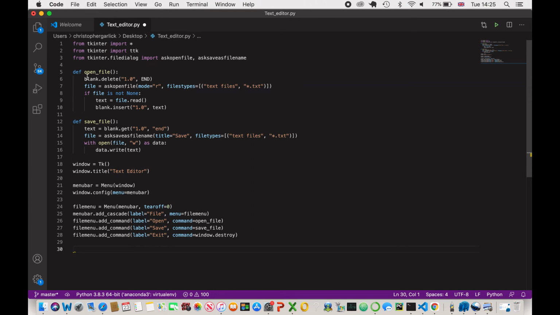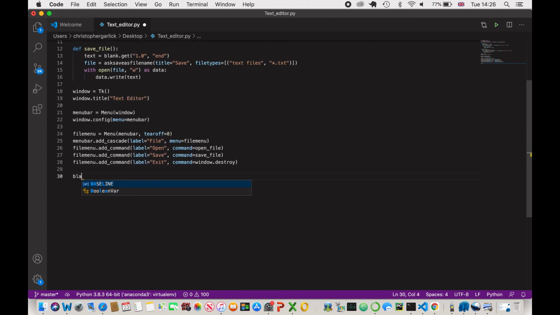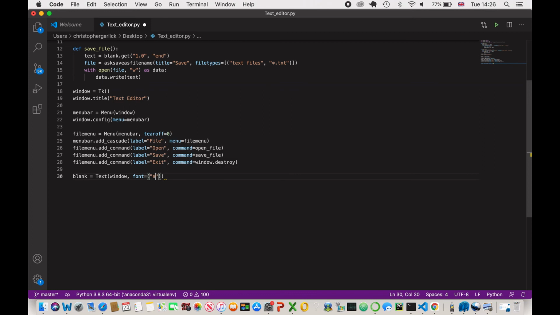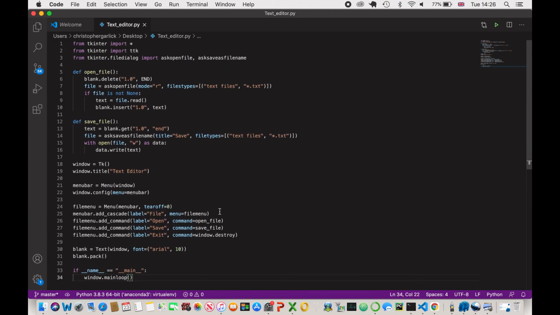Next we'll create this blank variable that we've been using up here. So blank is equal to Text, and that will take in window, and then the font of Arial, and the font size of 10. And then we will use the pack method to just pack it onto the screen. So it will just place it straight onto the screen wherever it is. And finally, we will just use the if __name__ equal to __main__, then window.mainloop. So now if I save this,